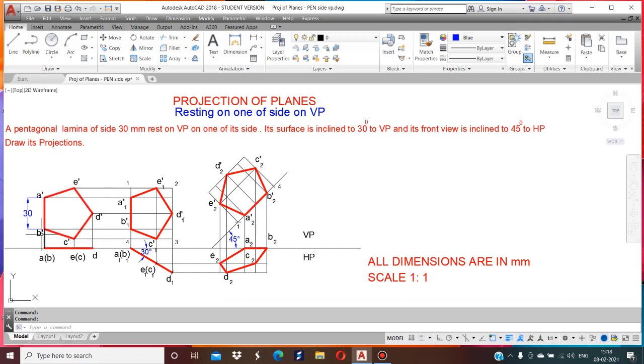Above the reference line is what we call the vertical plane, VP. Now, keeping this AB as vertical, that is called as side, one of which side on VP, draw the pentagon. Side AB is vertical. Mark as A dash, B dash, C dash, D dash, and E dash. When viewed from the top, A is visible, E is visible, D is visible. Therefore, it is A of B, E of C, and D.